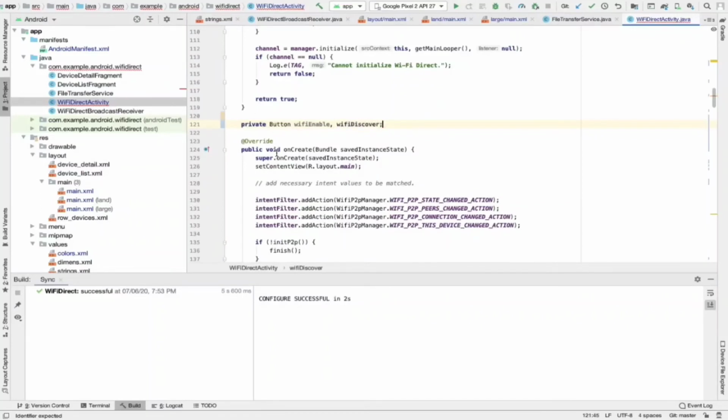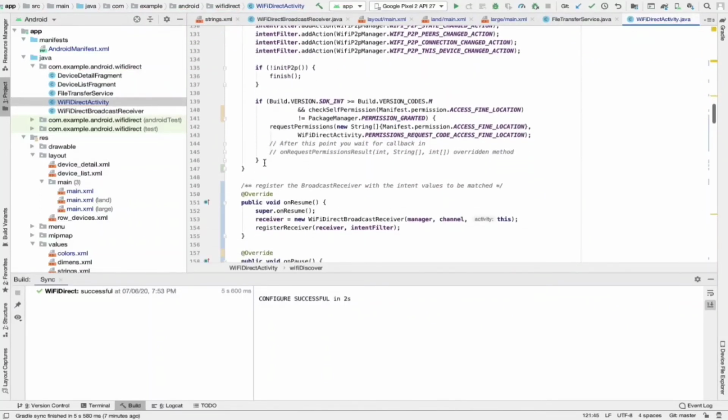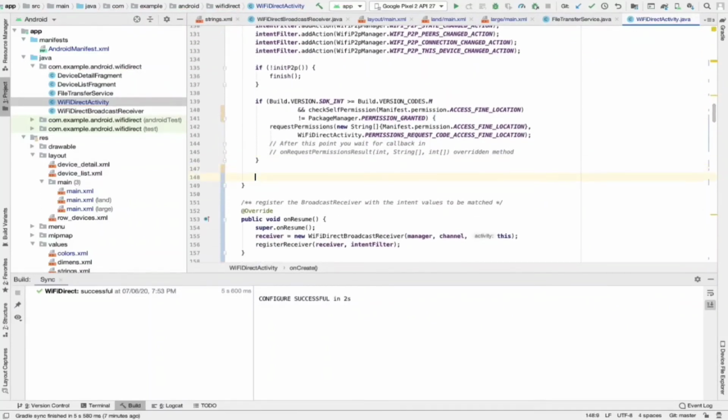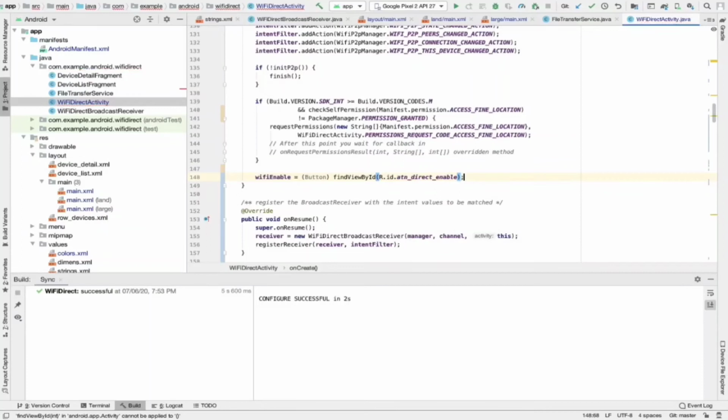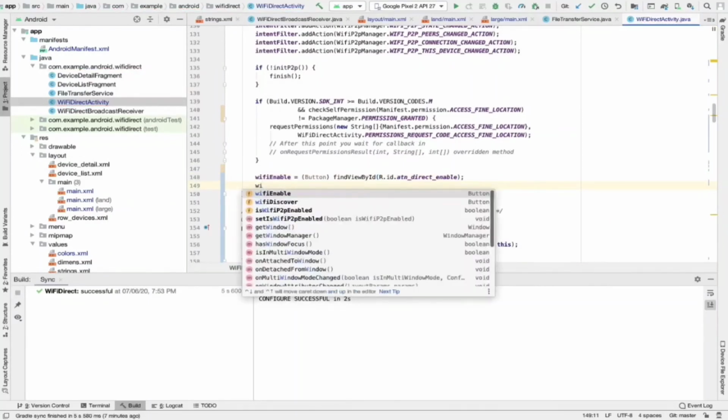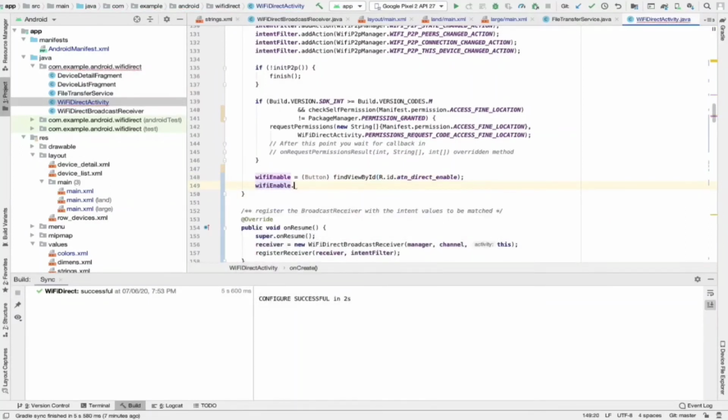And then after initializing there, here we will write Wi-Fi enable, and we will cast the Button, findViewById R.id.enable, and then also we want a click listener, setOnClickListener, with a new